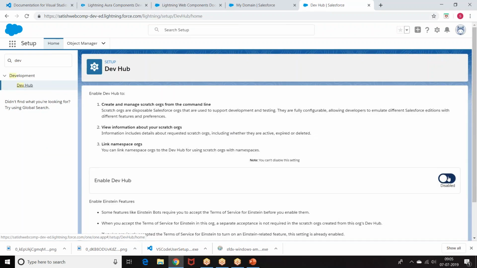DevHub is a production or server-side repository which your organization is maintaining. To this repository, we have different terminals connected where different users are working and connecting to the repository. All the different terminals that we are connecting, we can call them scratch orgs. I can say this DevHub is the